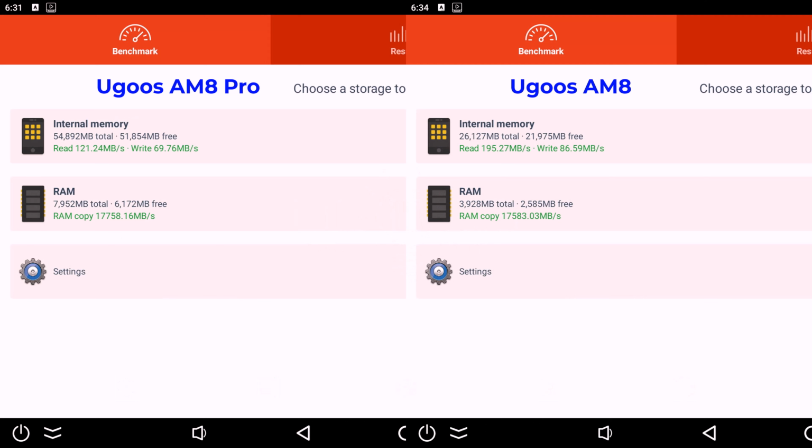So first, I have the results of their RAM and internal storage transfer speeds. The Pro model has a RAM transfer speed of 17,785 MB per second, and the non-Pro version has a RAM transfer speed of 70,580. The Pro version has an internal storage read speed of 121 MB per second and a write speed of 69 MB per second. The non-Pro version has a read speed of 195 MB per second and a write speed of